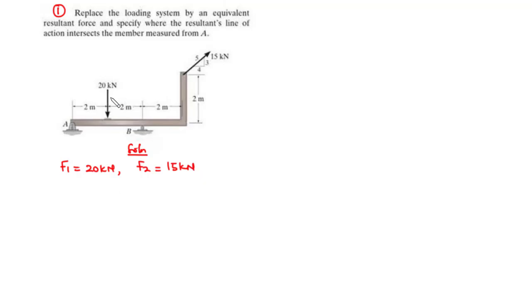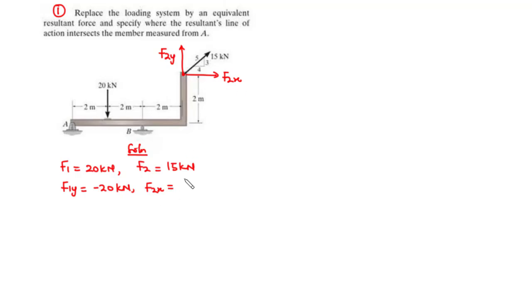Now F1 acts vertically downwards, so we can say that it has only a y component, that's F1y equals negative 20 kilonewtons, and then F2 has both x and y components, so we have this to be the x component, F2x, and then this to be the y component, F2y. So F2x is nothing but